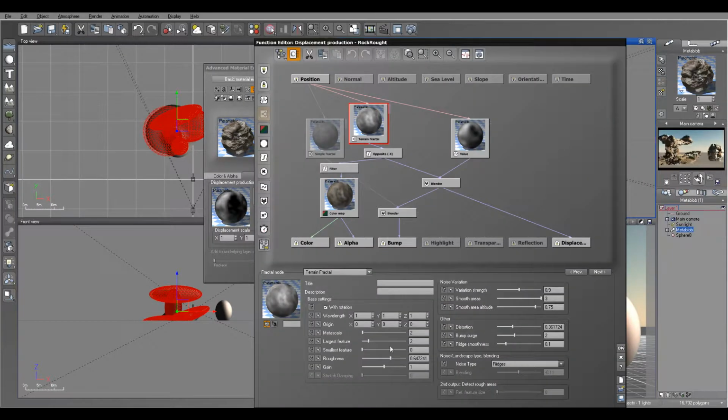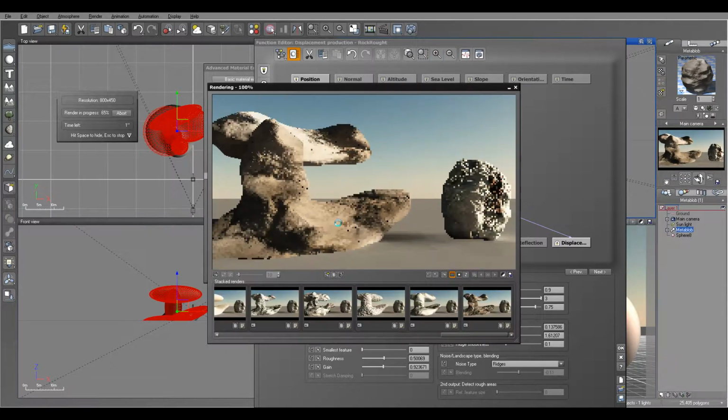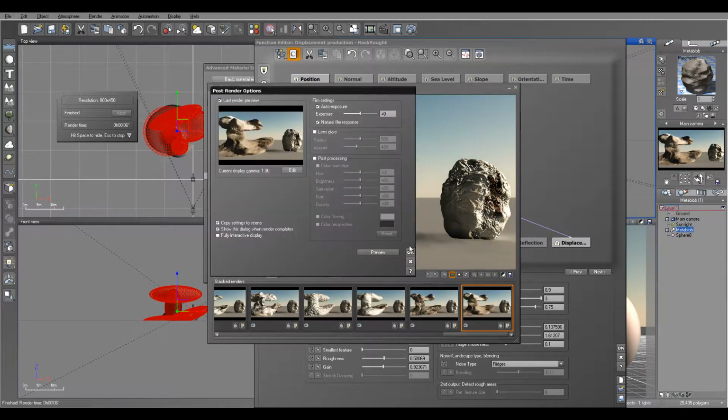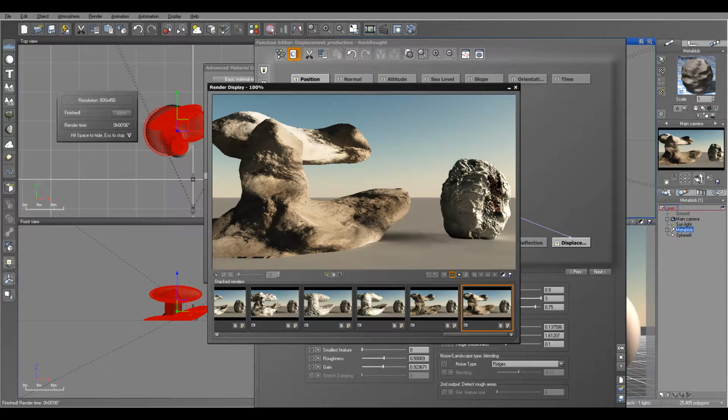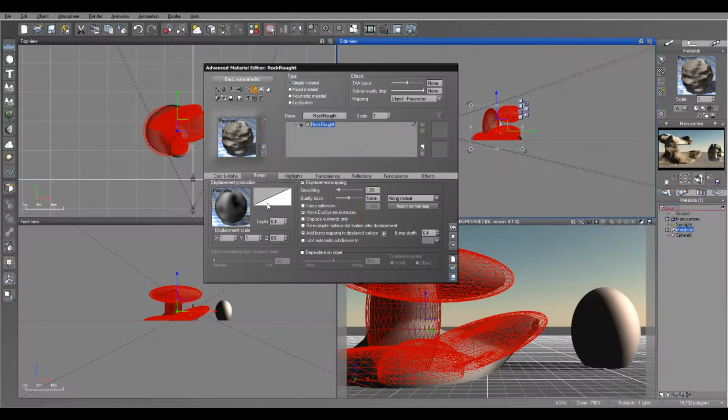And right here, this is maybe a little bit too rough. So I'm going to smooth out some of those effects. Okay, let's click preview again. And you can see this material will look a little bit different when we apply it to the rock formation than when we applied it directly to the rock. Okay, so at this point,